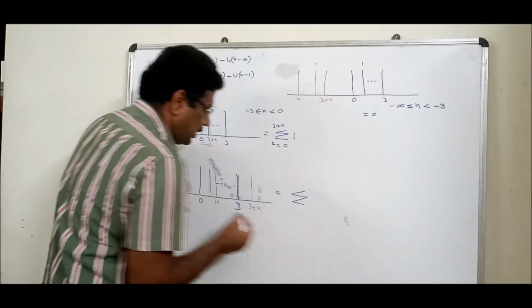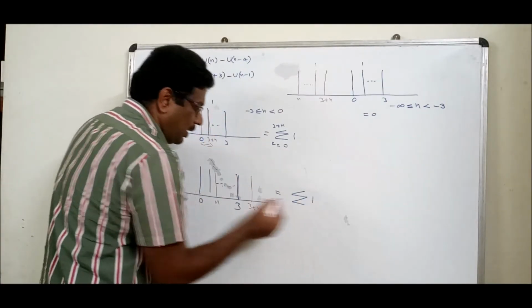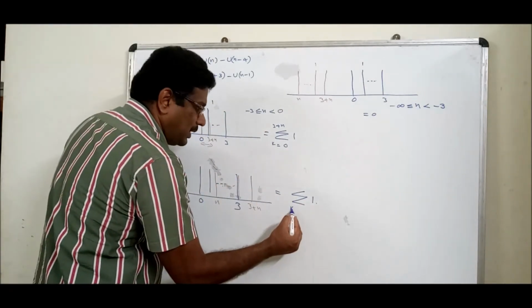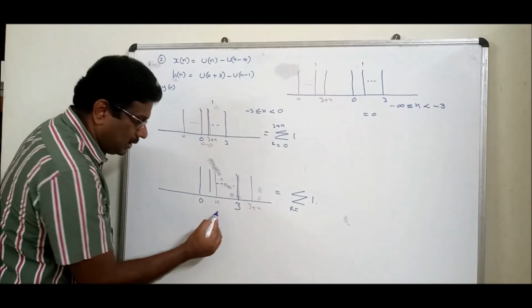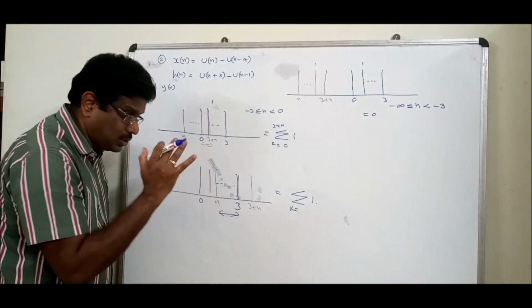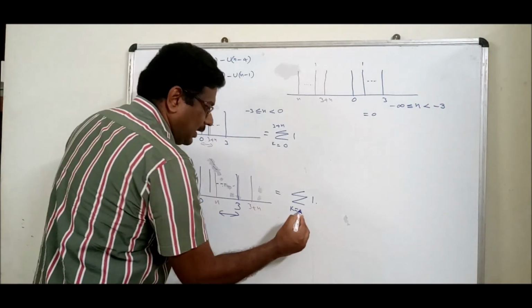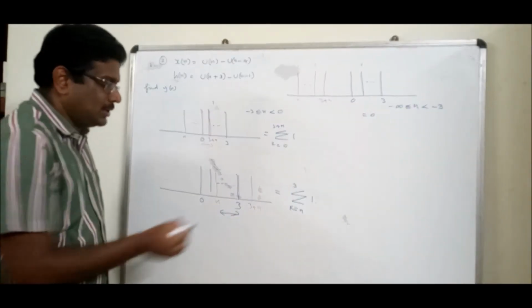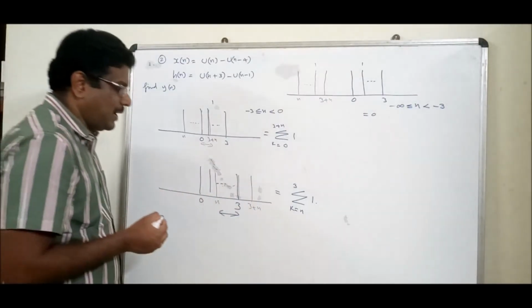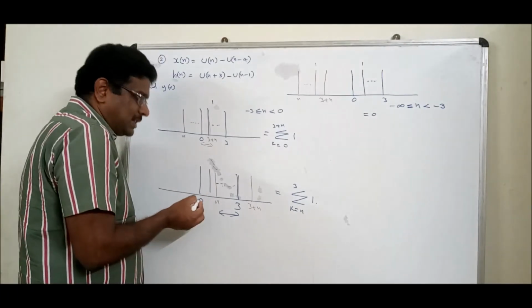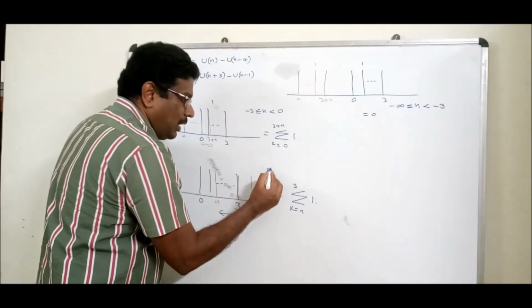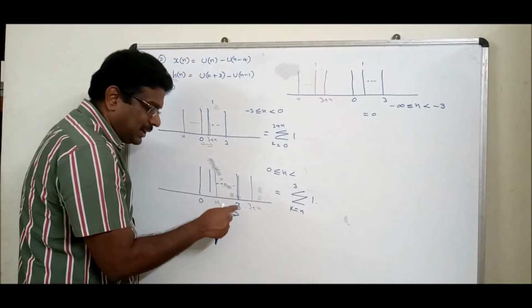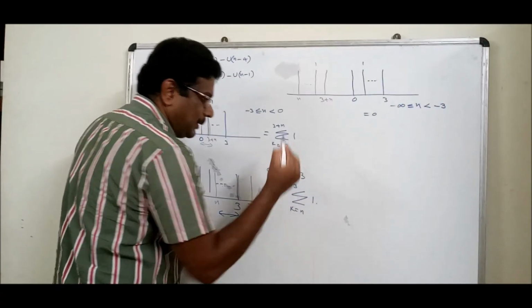Equal to summation x amplitude 1, h amplitude 1, 1 into 1, 1. What should be the limit? Common place. This is the common place that you should visualize. That is the talent here. n to 3. Yes. So we are ready. Where to where? So it should touch here. I told one basic thumb rule. 0 less than or equal to n less than. n should touch 3. Answer will be 3.